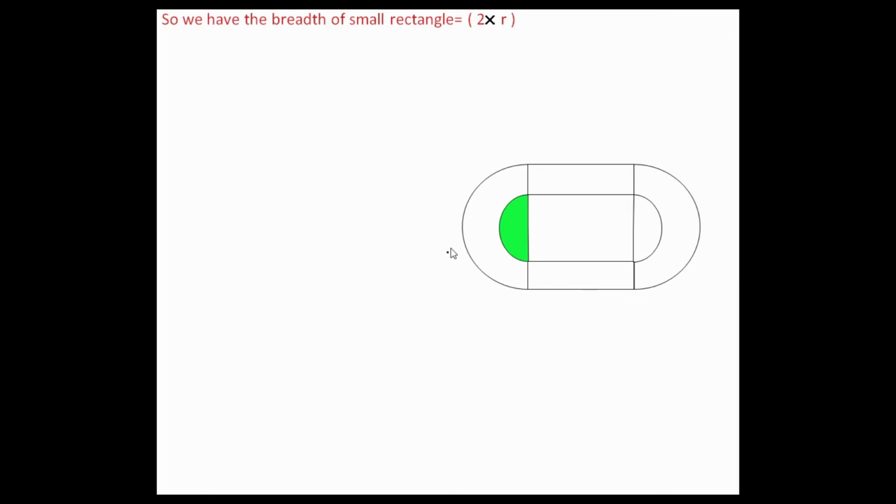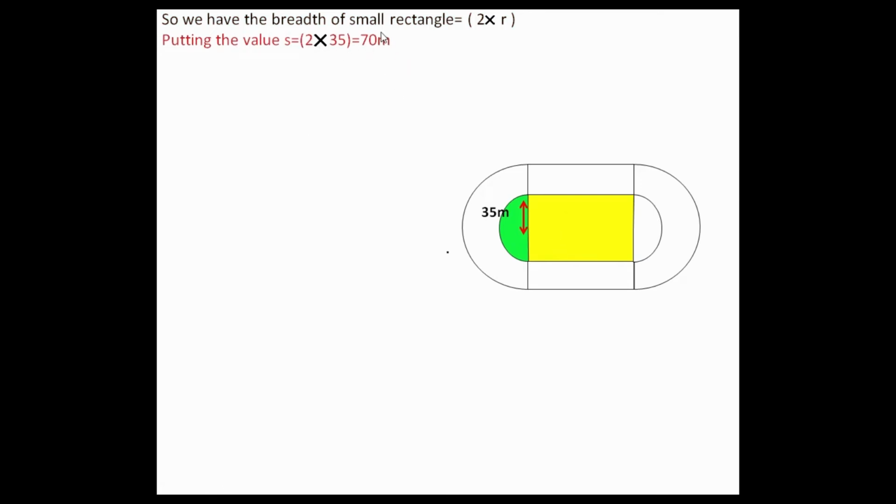Now if you observe this carefully, what do you think? The diameter of this semicircle, you can see my cursor, this whole line. Is the diameter of this semicircle equal to the breadth of this inner rectangle? This is the radius of this inner semicircle. This is the small rectangle I am talking about, this yellow rectangle I have colored. If we carry out the diameter of this small semicircle, can we get the breadth of this small rectangle?